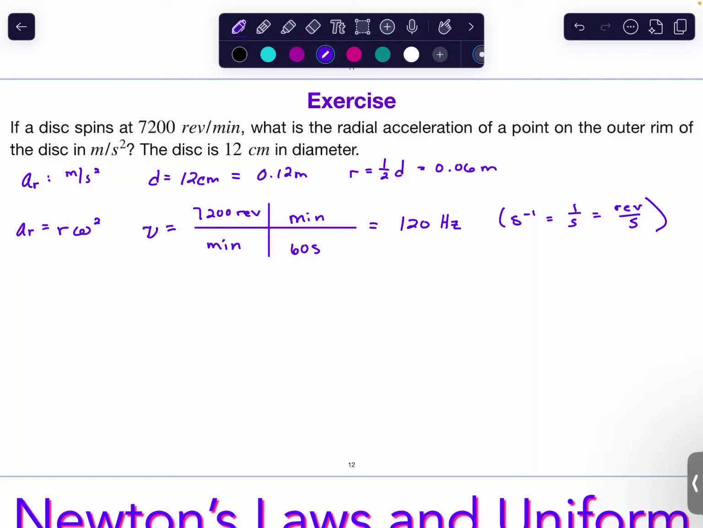Now, we need the angular velocity. What are the units of angular velocity? I go from revolutions per second to what? Radians per second. So that means I'm going to have to do 2 pi times frequency. And that is going to give me